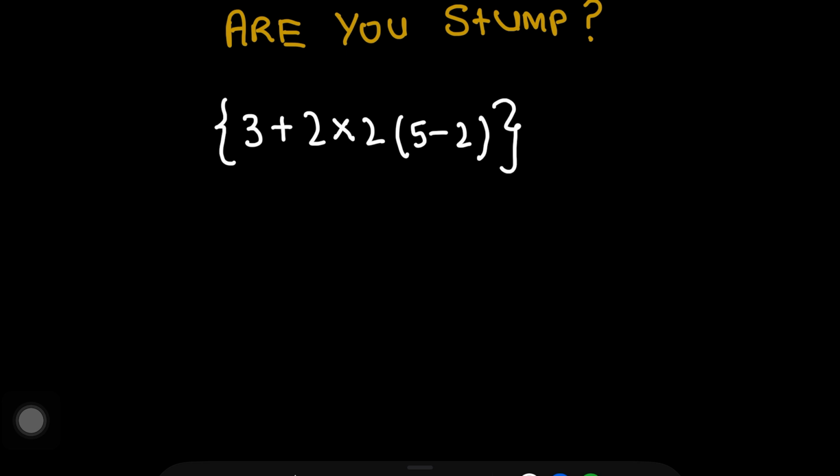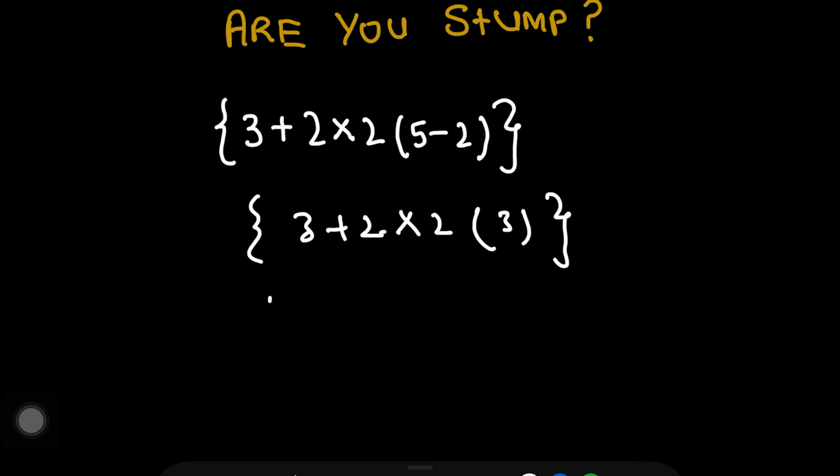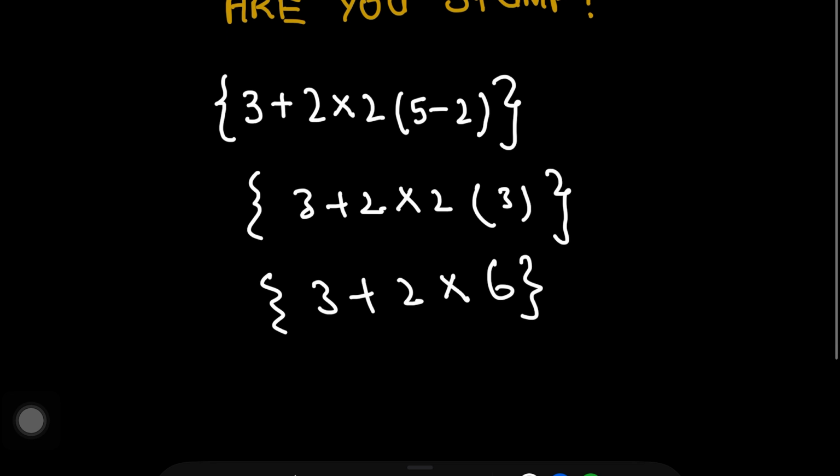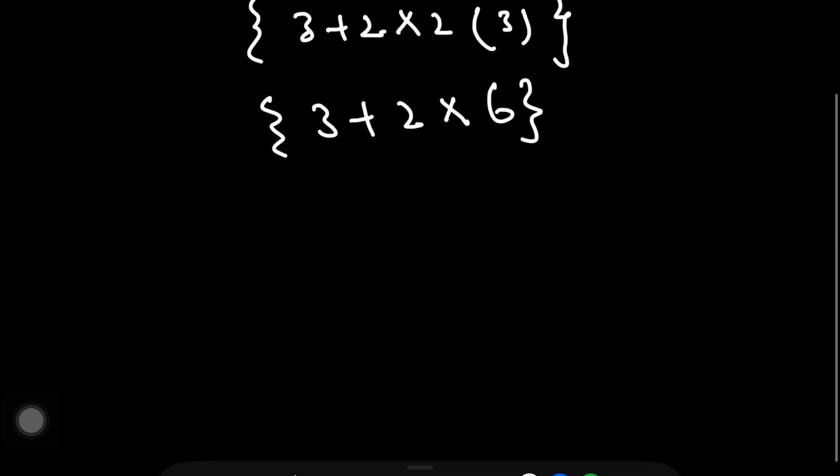So first of all, we simplify the round bracket: 3 plus 2 multiply 2 is the same, then 5 minus 2 is 3. Okay, and now we simplify the next condition. Curly bracket open, 3 plus 2 multiply 3 is 6. Okay, and now we simplify the curly bracket